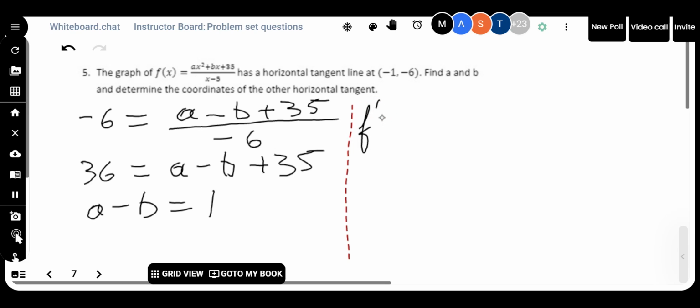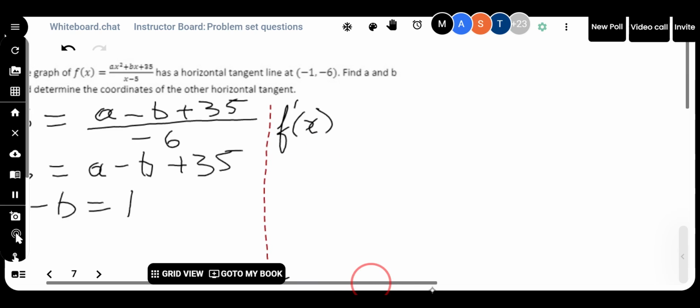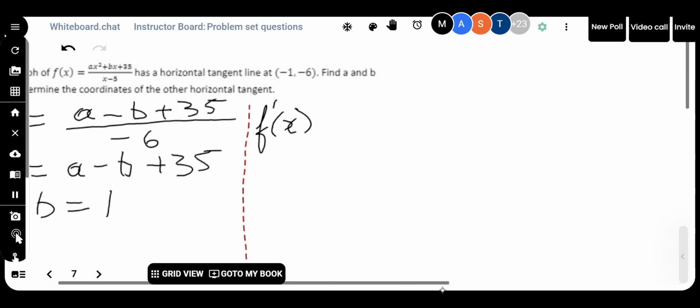Now, hopefully it's obvious, we should be looking for the quotient law on this one. Quotient law says that we're going to take the derivative of the top, which, even though we don't have the a and the b, is going to be 2ax plus b